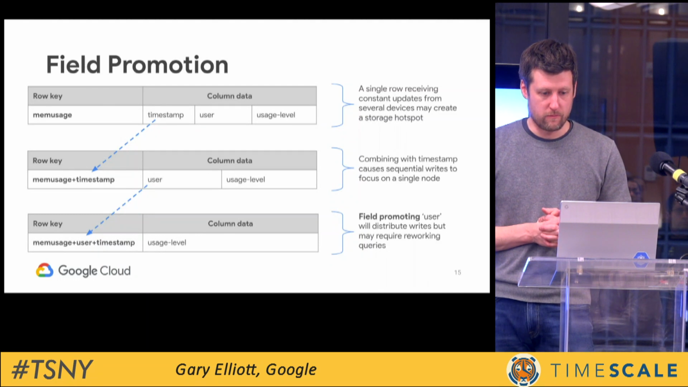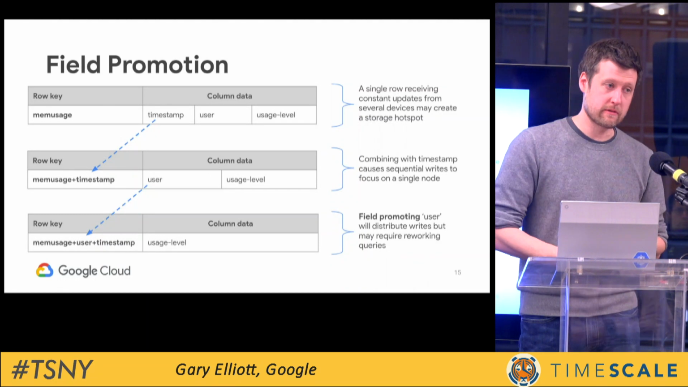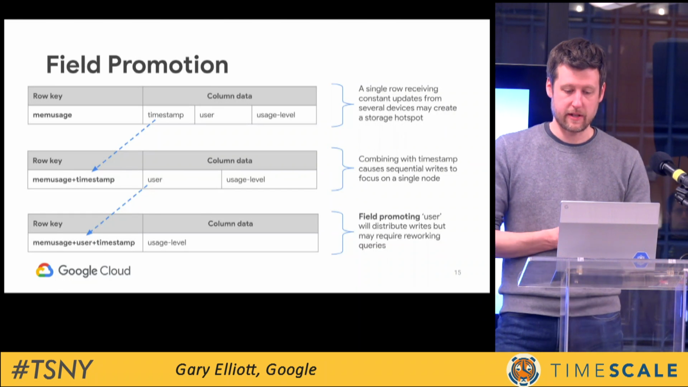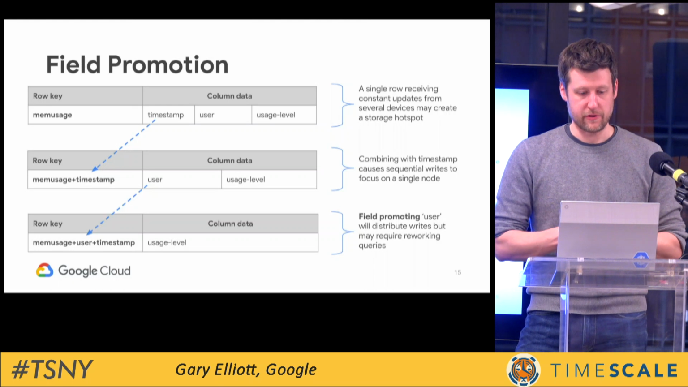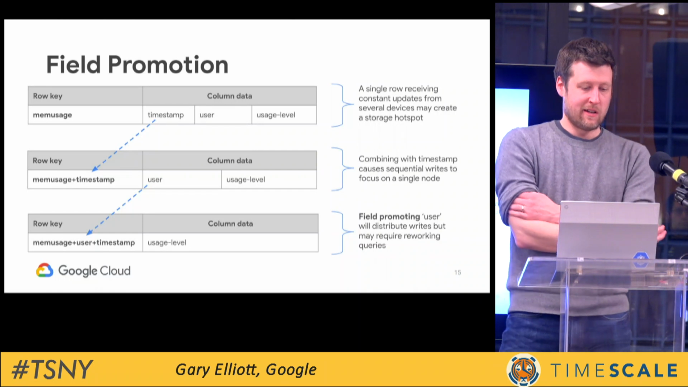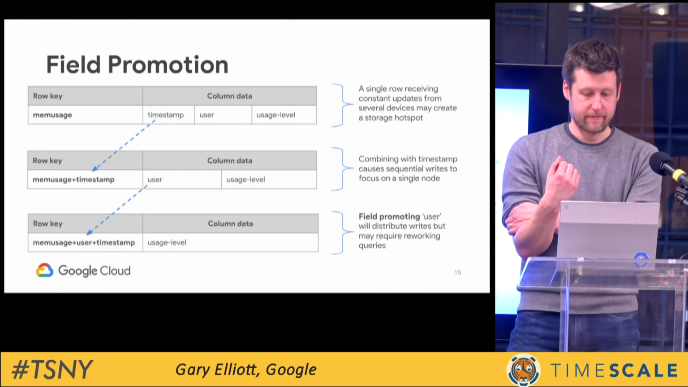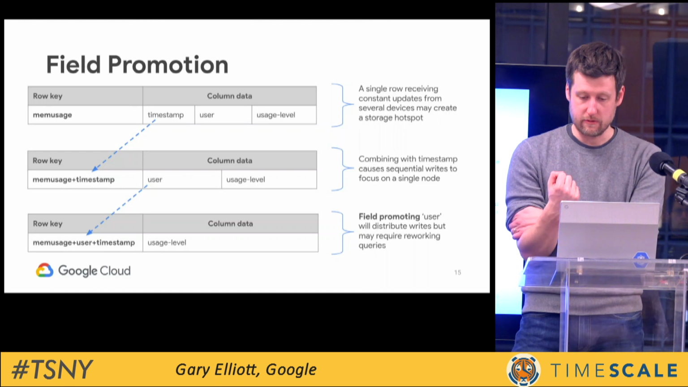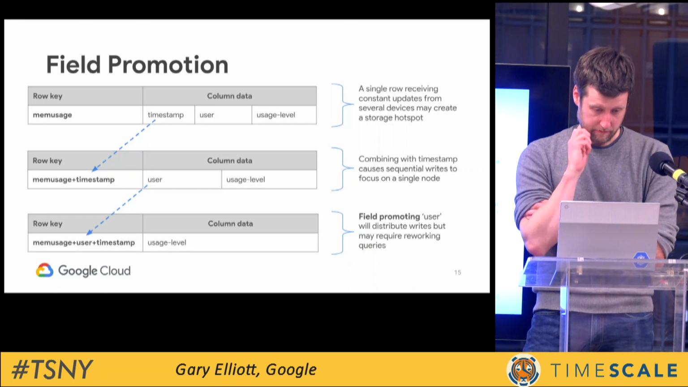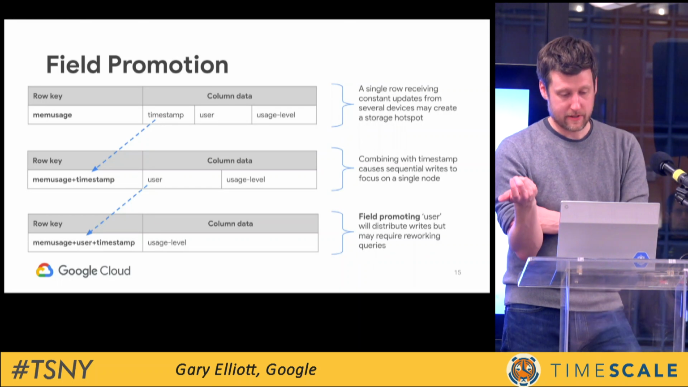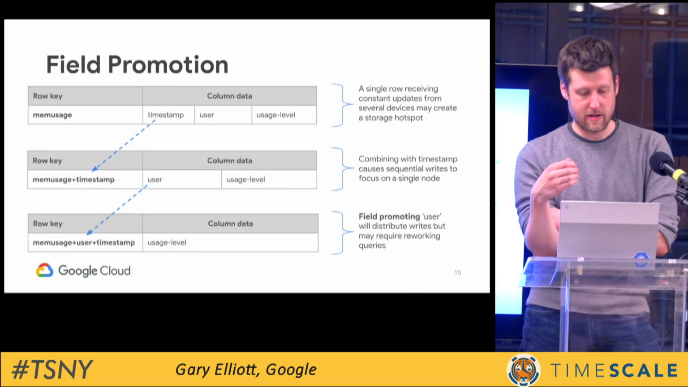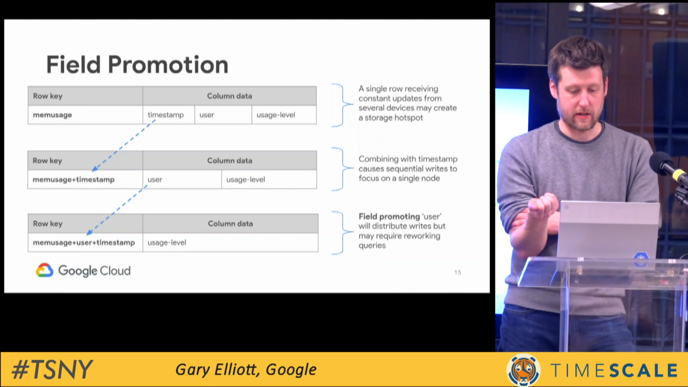So one of the techniques you can use when designing a row key for Bigtable, especially for these time series use cases, is called field promotion. So the top row here, you are collecting some metric from a system, right? And the row key you chose in this first example is maybe the name of the metric, mem usage. And then you have columns that have all the data for that. So a timestamp, maybe you have a bunch of timestamps there, the user associated with that metric, and the usage